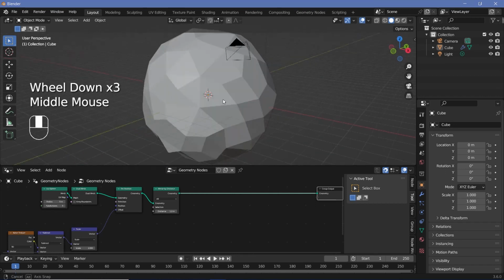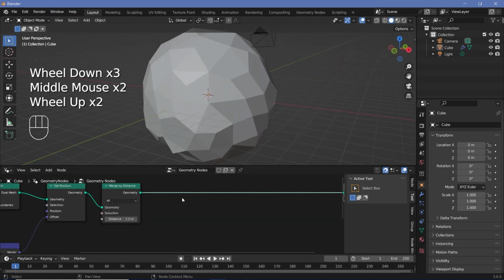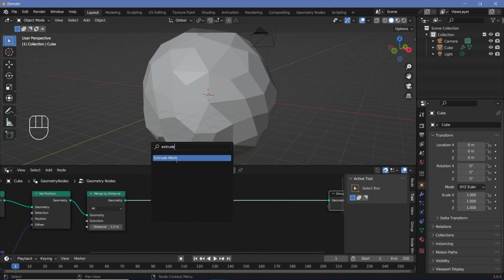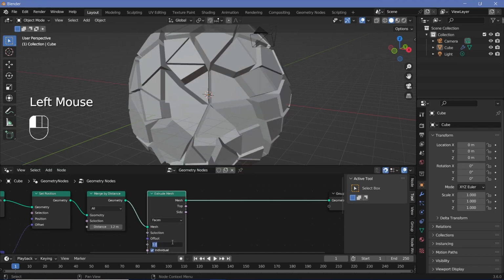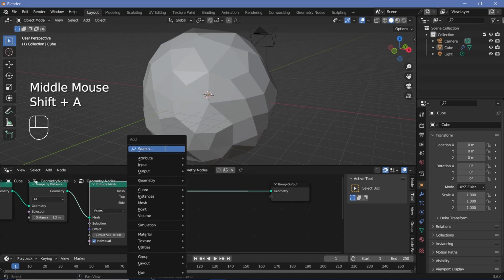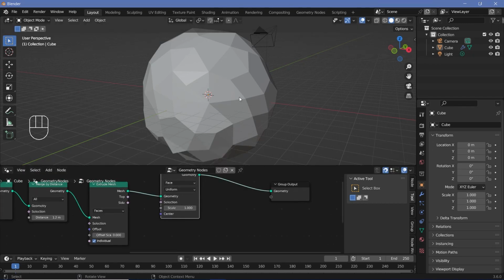To inset faces in geometry nodes, we're going to use a technique that we've used multiple times before on this channel, which is searching for an extrude mesh node and actually extruding it by an offset scale of 0. We have to make sure that individual is checked so that there's an individual face added in right on top of the existing faces. Then we'll use a scale elements node to actually bring the size of the faces down,